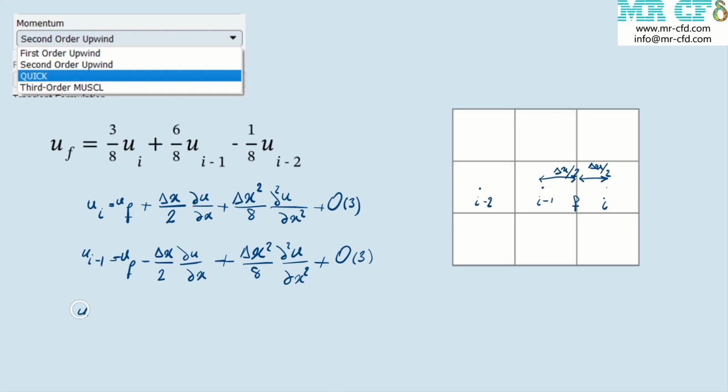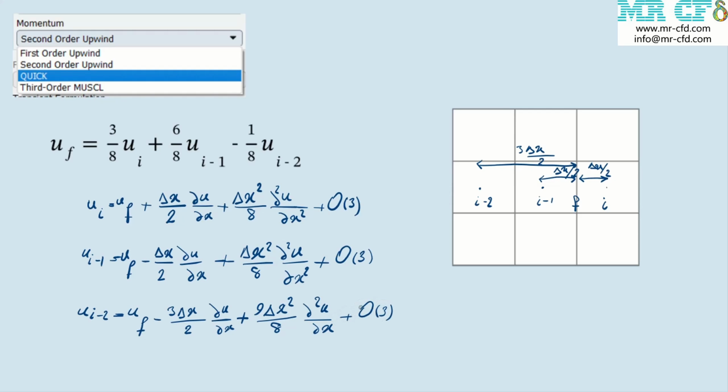By applying the Taylor series expansion for UI, UI minus 1, and UI minus 2, and substituting these expansions into the QUIC formula, UF is equal to 3/8 UI plus 6/8 UI minus 1 minus 1/8 UI minus 2, that by substituting Taylor series,